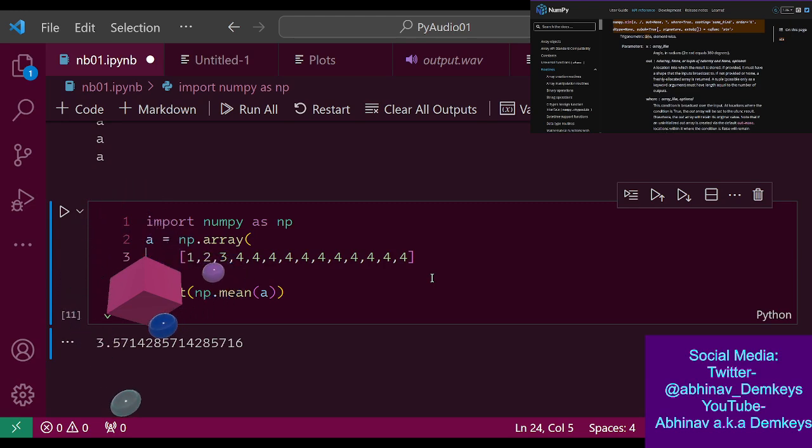The average does make sense because there's a lot of fours in there. We are not looking for the median, we are looking for the mean, the average. And with so many fours in there, the average would be roughly that much. Okay, that makes sense.